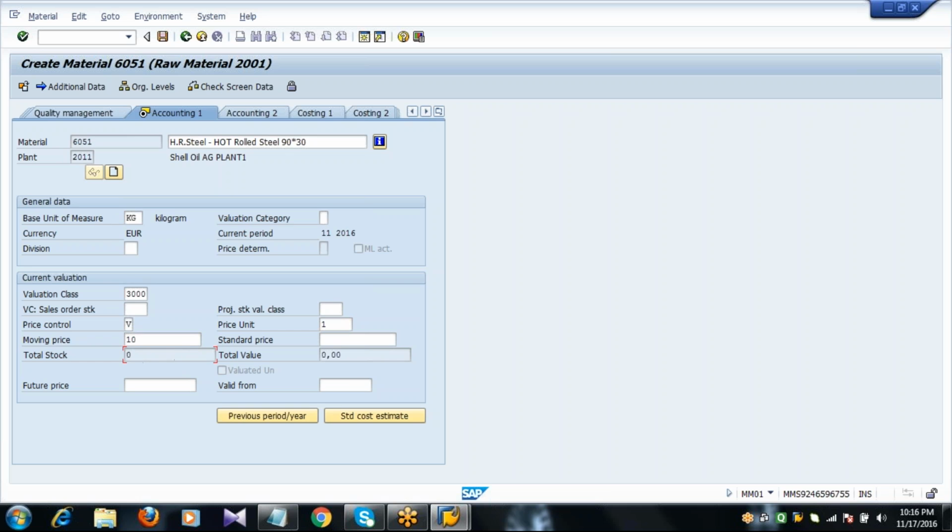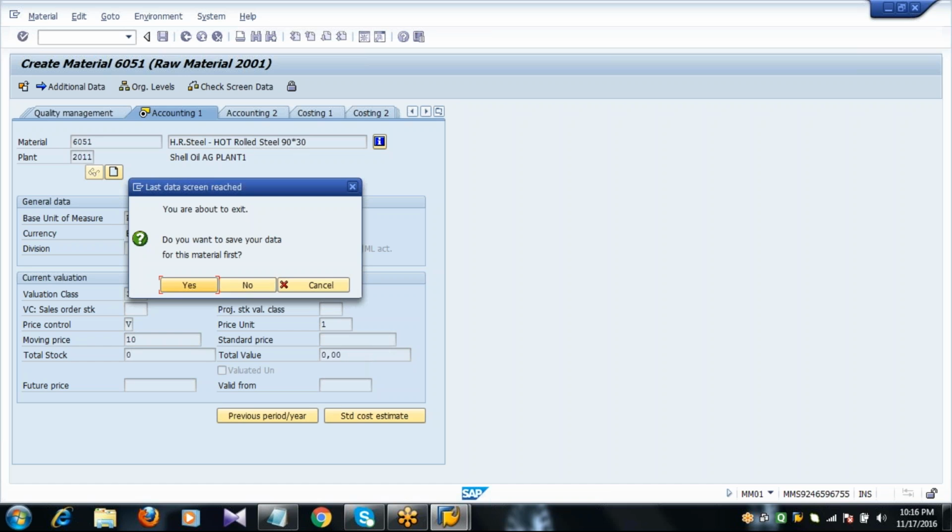And below you have two indicators, guys. You see total stock and total value is 0. Why is it 0? Why not with some figures? Because we are still creating the material. So far for this material we have not created any purchase order, and we have not created any GR. If you create a PO, if you create a GR, this total stock and total value will automatically update. Just now we have seen quantity updating and value updating indicators; if those indicators are activated in the system, here it will update. See how the connection is.